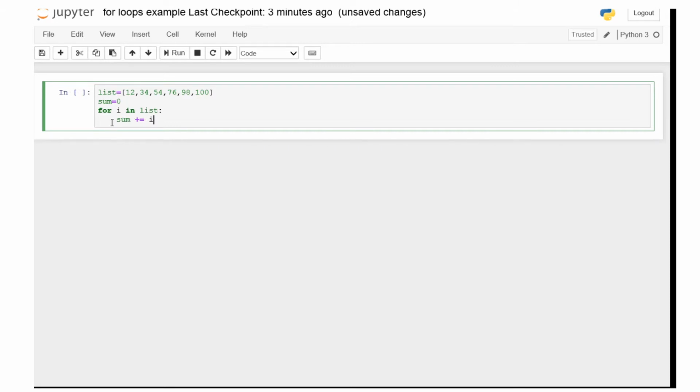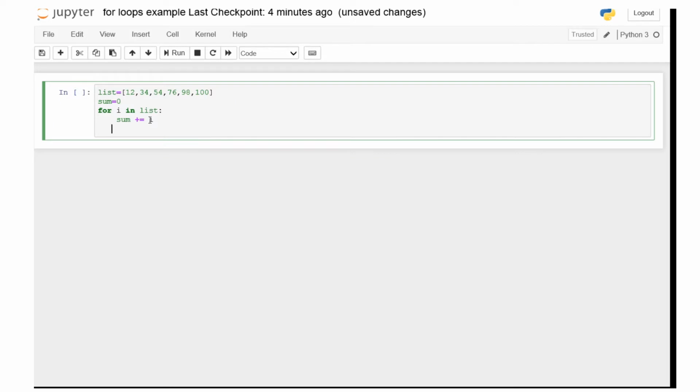It means, in the short format, instead of using sum is equal to sum plus i, we are using sum plus equal to i. Then we print the sum value of all the elements present in the given list.